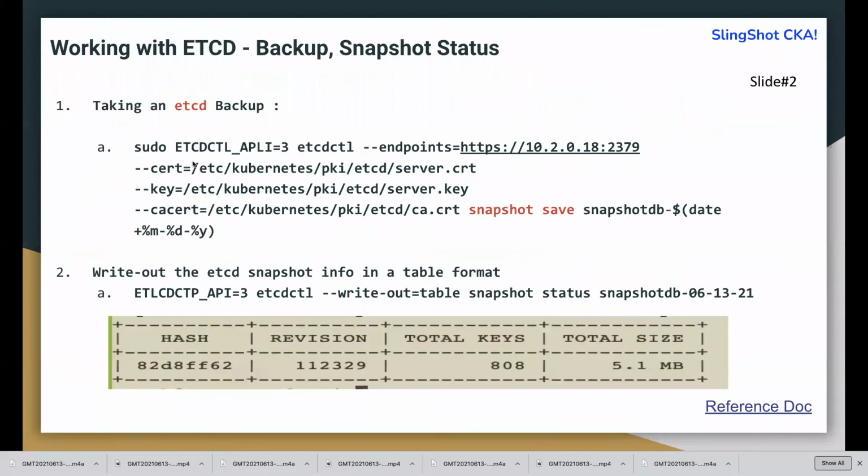Now on slide 2 here, you can see what we're doing is the actual backup. So snapshot save would be the command. Everything else remains the same. You're passing the environment variable version 3, etcdctl as the utility that you're executing, and the endpoints flag for the etcd part that's on your node. And then you use the three TLS certificate files, which are the CA cert, server.key and server.cert, under this path. So by default,